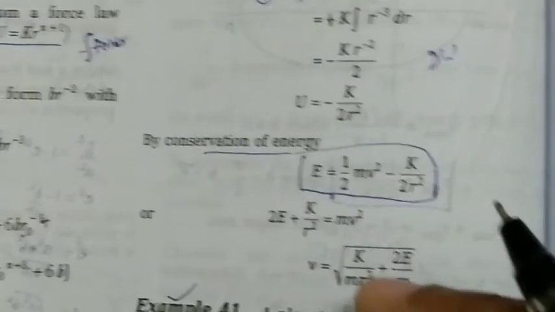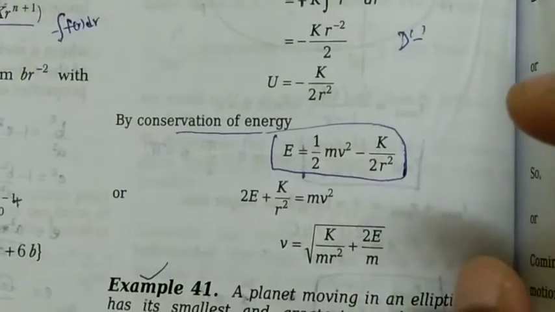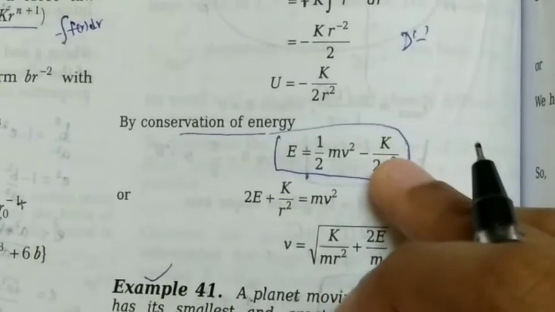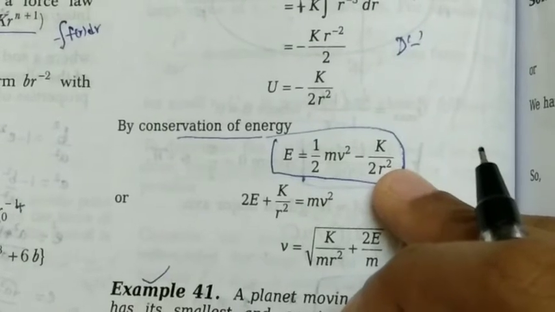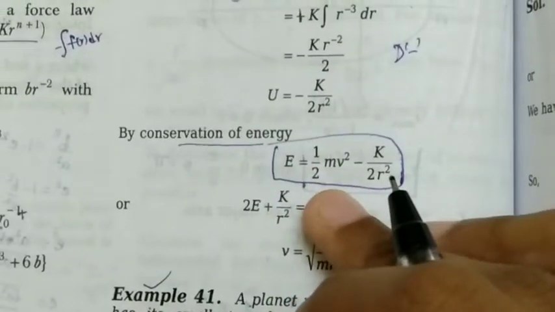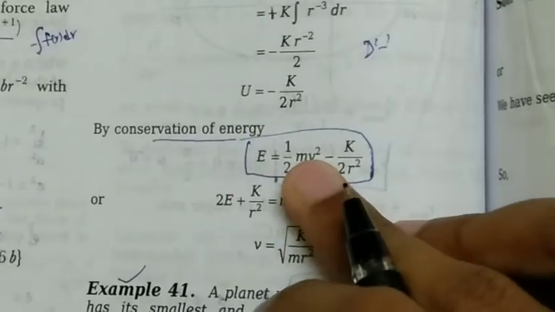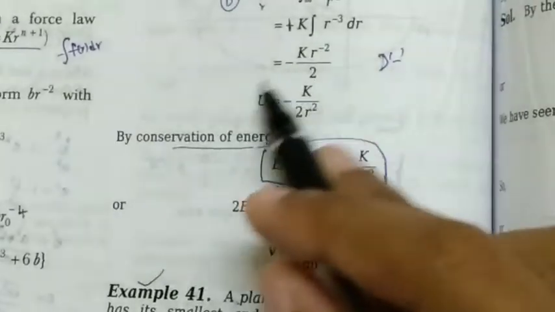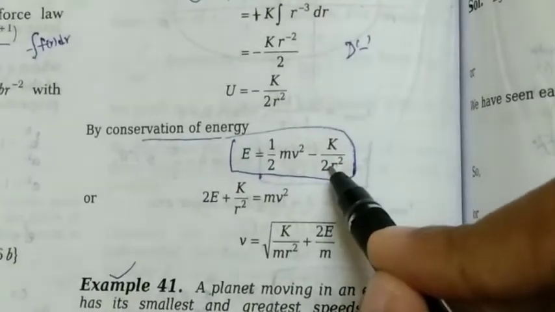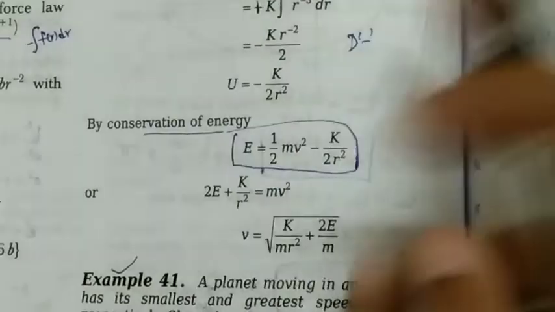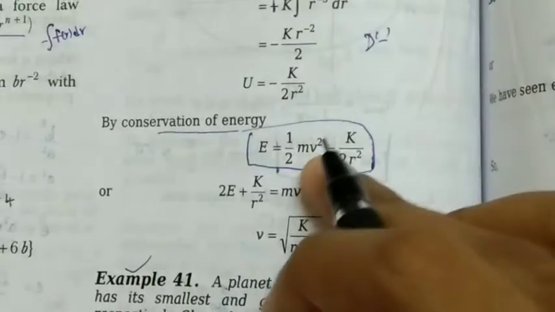So by the conservation of energy, if E is the energy of the particle they have given, so E is nothing but the total energy of the particle. From the conservation of energy, the particle is situated at a particular distance from the central force field, and it is moving, so it has motion. In order to prevent falling into the center, total energy is nothing but the sum of kinetic energy and potential energy. Here we have already calculated potential energy. So this is that, and kinetic energy in the natural formula is half mv square. The particle is moving with velocity v.